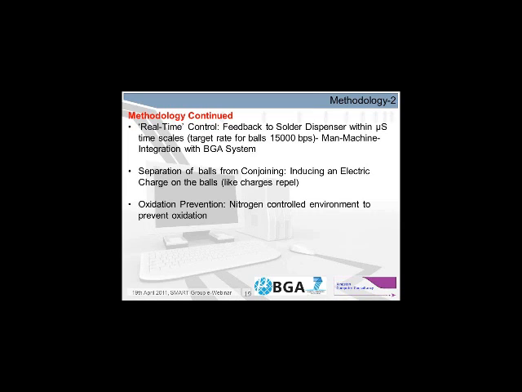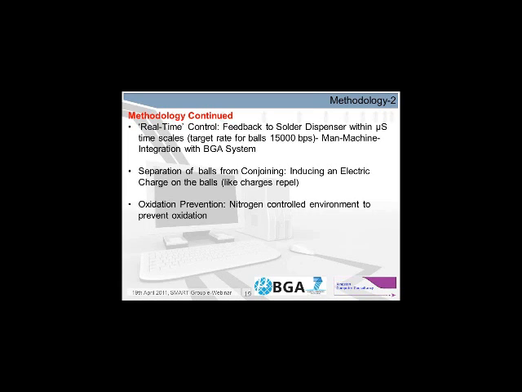As mentioned earlier, the target rate for ball production is around 18,000 balls per second. So the man-machine integration with the BGA system will be for the initial setting up of the conditions. The real-time control will need to respond to very small fluctuations and provide very quick new parameters to the